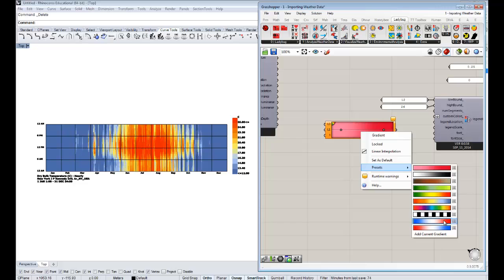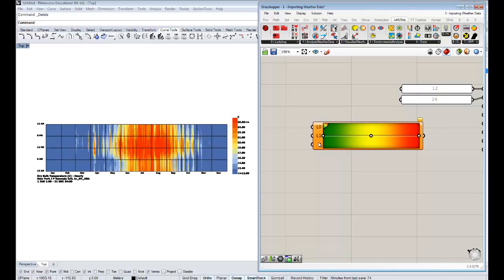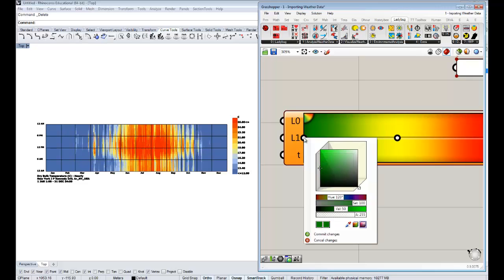You guys probably don't have this one, but I find it really useful to have cold stuff appear in blue and hot stuff appear in red. And we can make that basically by editing this green, yellow, red one. So I'm going to click that. And then you can just right click on any of these. I guess I didn't hit it right on the nail, but if you right click on that little dot, that'll bring up an interface where you can